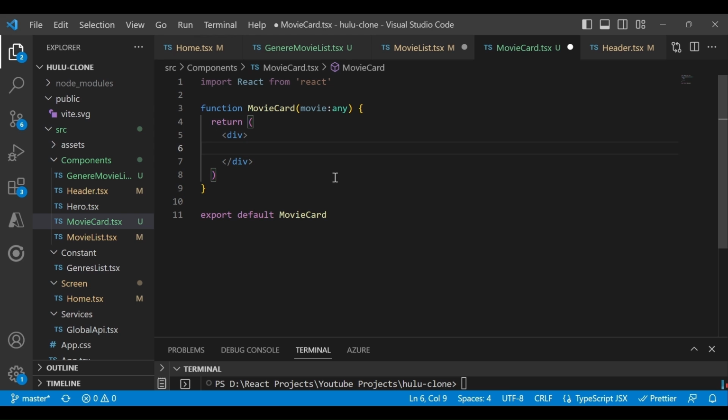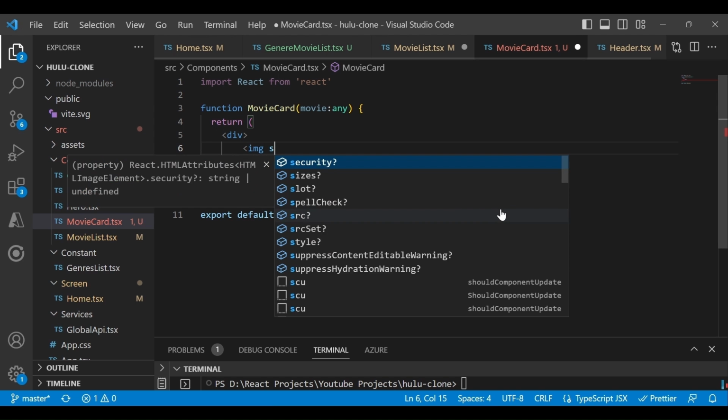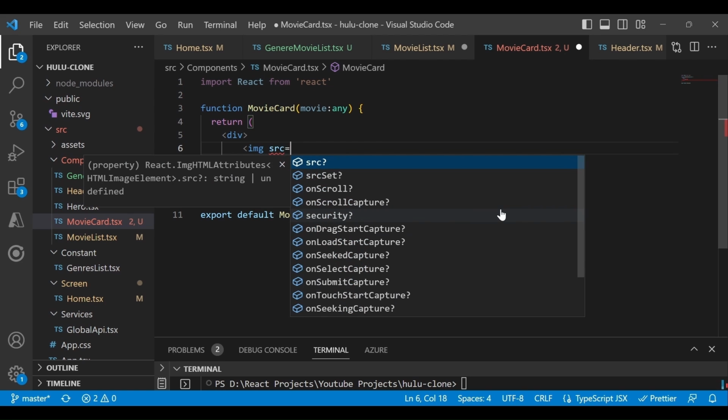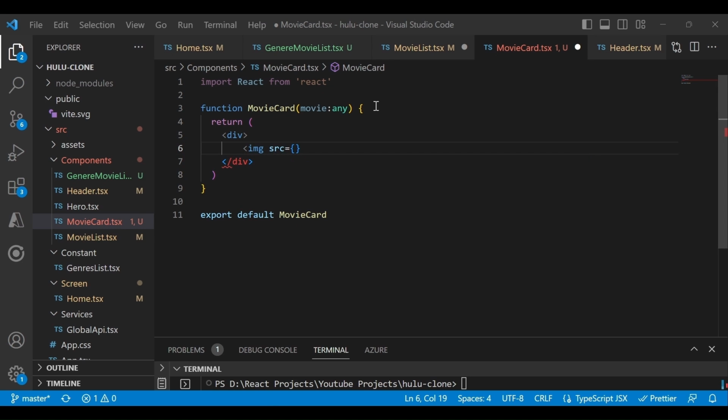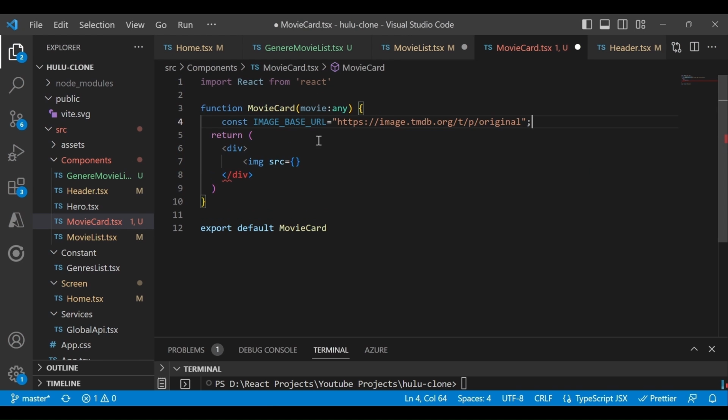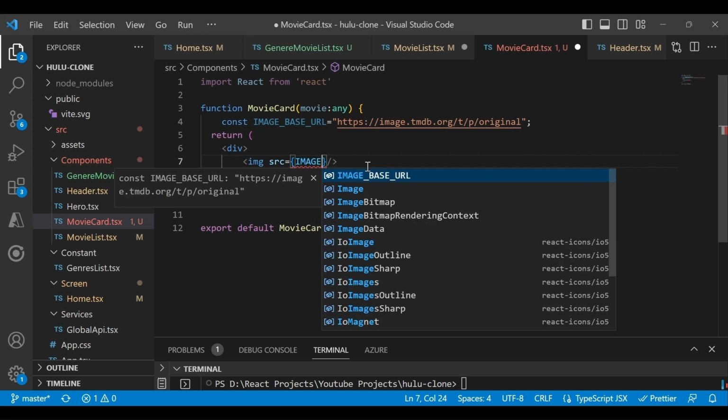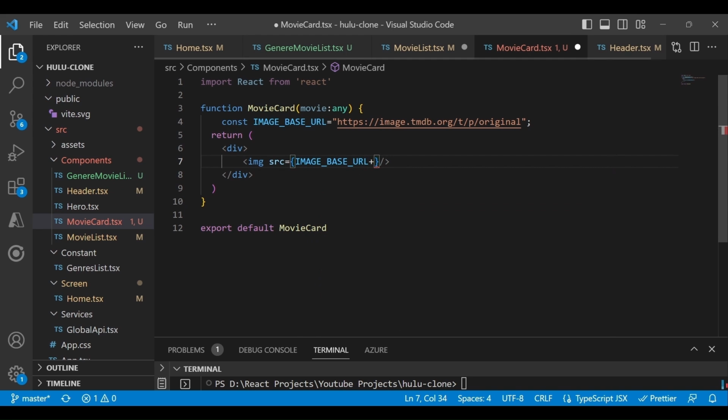So let's define a div, and inside the div we'll add the image source, which is equal to the base URL. So define this base URL. We already did it, right? So the same base URL we will use, and then we have to define the image base URL plus this backdrop path, right?